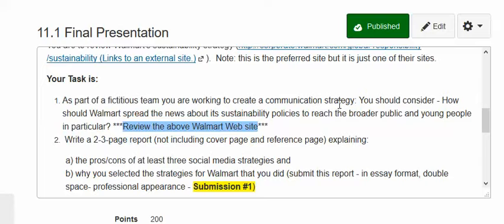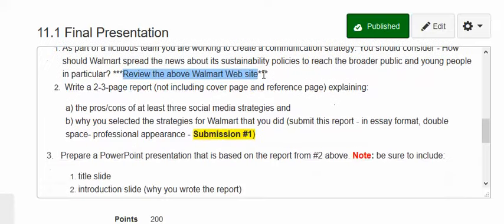Then, once you get some knowledge about what Walmart's doing, you are to write a 2 to 3 page report. That does not include the cover page or the reference page. First thing is the pros and cons of at least 3 different social media strategies. So I'm thinking Facebook, Pinterest, and maybe Twitter. And why you selected those specific strategies for Walmart. It needs to be in essay format,